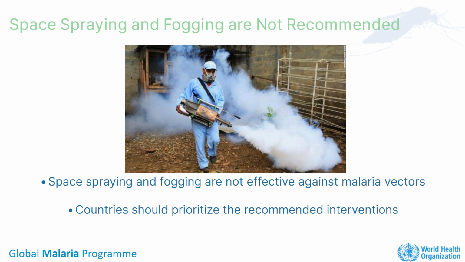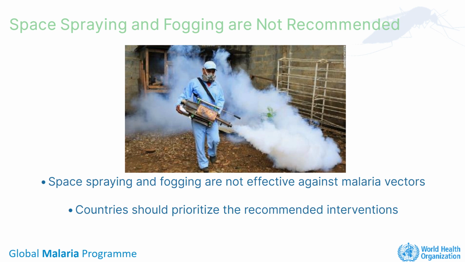Second, there is no residual activity of the insecticide, so it does not persist, meaning it is only effective for a very short period of time and would only affect very few mosquitoes that might be in flight during that brief window. Space spraying is frequently used as a public relations exercise due to its visibility. However, this is expensive and not an efficient use of resources that would be better spent on effective vector control,